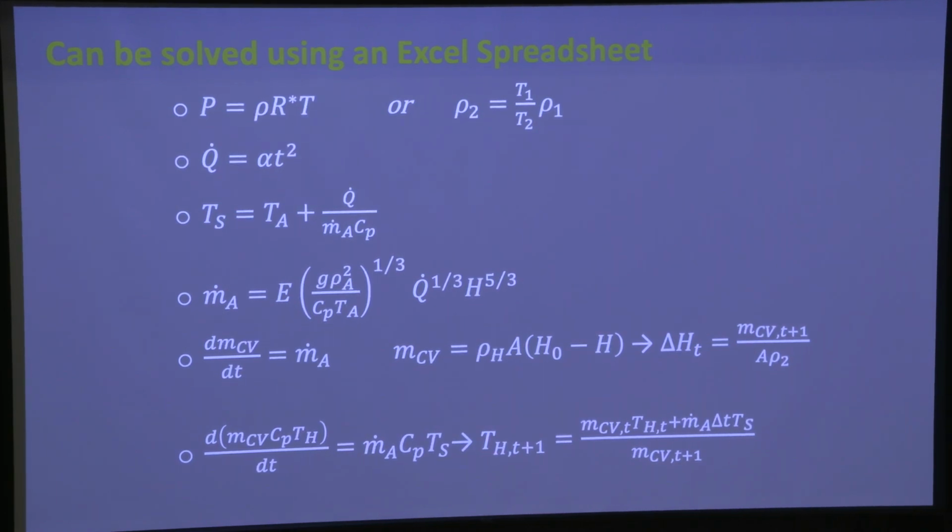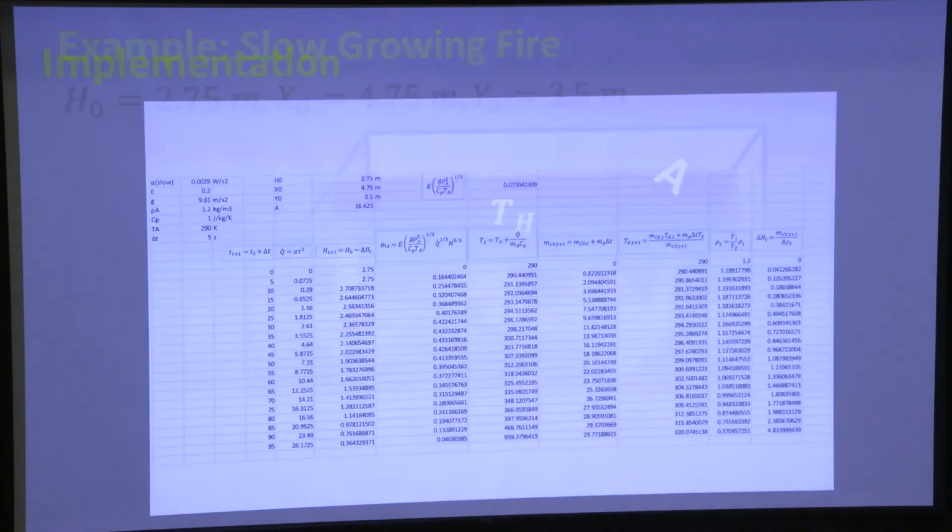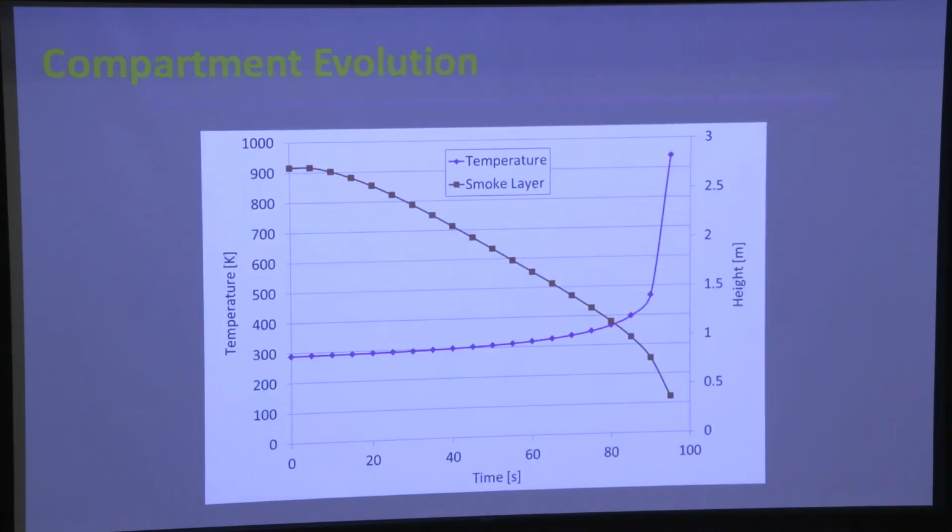This I can solve in a spreadsheet. Here's an example where I put typical dimensions of a very small room, and I can put these equations all into a spreadsheet and literally solve the problem as a function of time. What you get is that your smoke layer starts at the ceiling, 2.75 meters, and as time progresses, it descends until eventually it hits the floor, and your temperature is ambient, and eventually it accelerates and